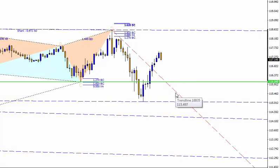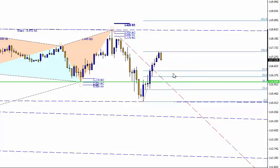Dollar yen we already talked about, I think. We're just waiting for a pullback in order to go long again. I think this long trend will still be holding, continuing to go forward, and a nice area to pop back down to is this level here, or this lower level at 38.2 on the Fibonacci level. So if it does pull back, it will be good to be going long again. All right, let's take a look at